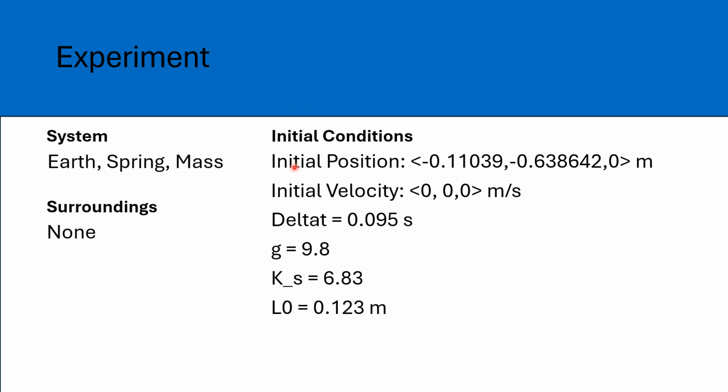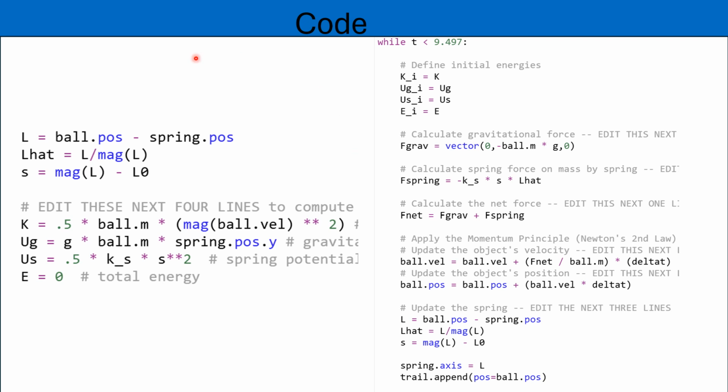And our initial conditions will be this position, 0 velocity, delta t of 0.095 seconds, gravity, this is the coefficient of the spring force, and this is L naught. So for our code, we have our length will be the ball position minus the spring position, so where the spring is and where the ball is will be our length, the distance between the two. L hat equals L divided by the magnitude of L, and